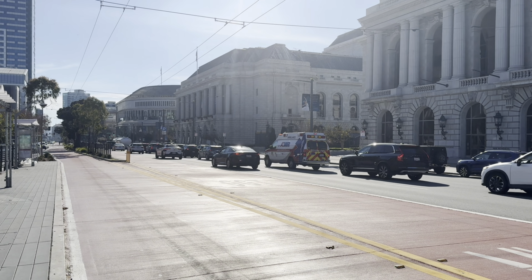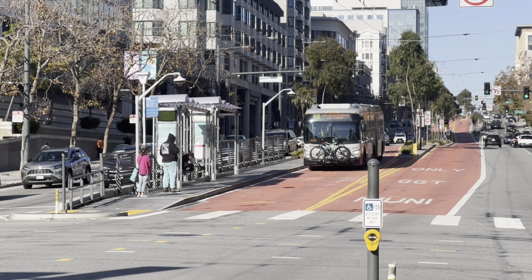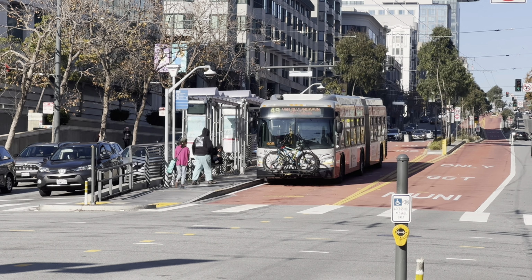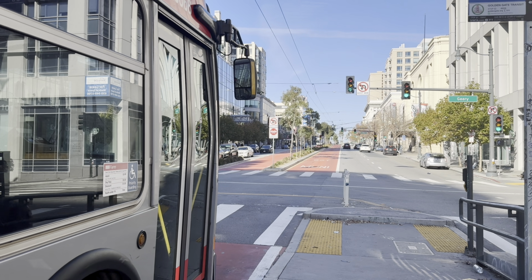And as of January 2025 and this video's upload, it is still the youngest bus rapid transit system here in California. But not for long, luckily, as cities like Monterey are working on new bus rapid transit systems that are scheduled to open in the next couple of years. And I'll mention more about those later in the video, but now we're going to head to the next stop,